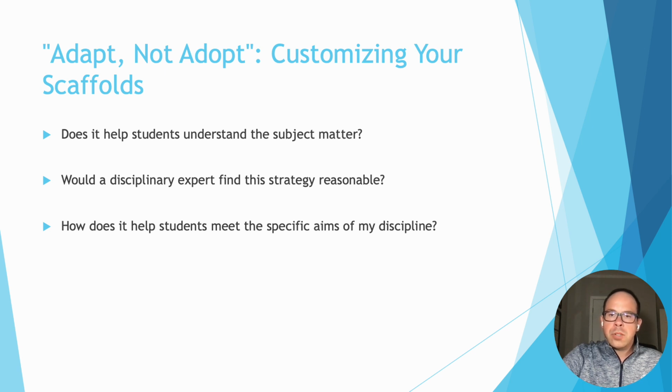Think of generic strategies like a KWL or basic graphic organizers as instructional prototypes. They are starting points, but they are insufficient on their own. As literacy researcher Gillis suggests, adapt, don't just adopt. Some examples of this customization could be in science. A generic graphic organizer can become a claim evidence chart. It doesn't just list facts, it emphasizes the cause and effect relationship and the reasoning that supports a scientific argument.